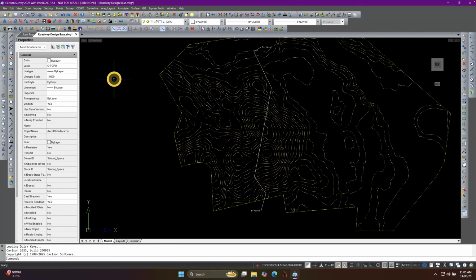So I look at my properties and I see that it is a tin surface, a triangulated irregular network tin surface, but it not only shows up as that, but from the perspective of an AutoCAD user that may not be familiar with that kind of stuff, when that whole thing lights up, we do have some experience that says that